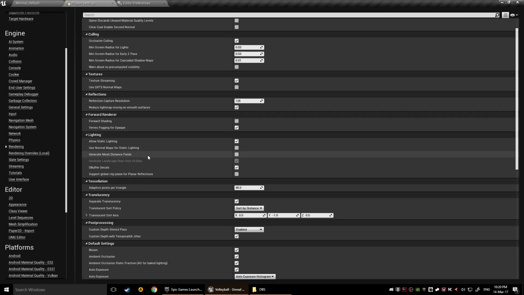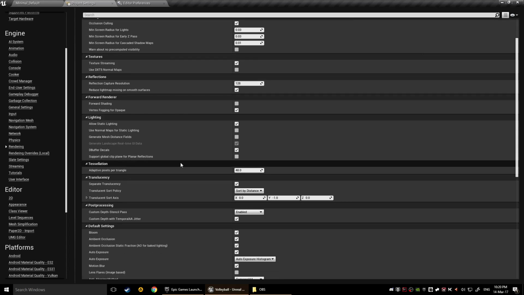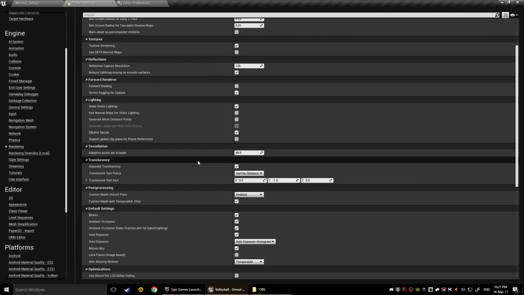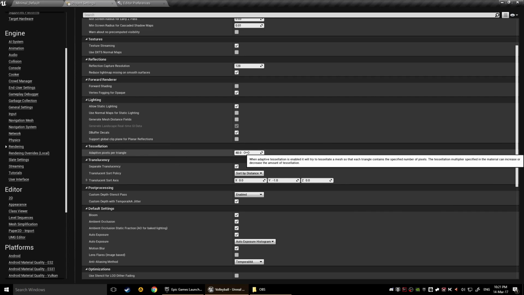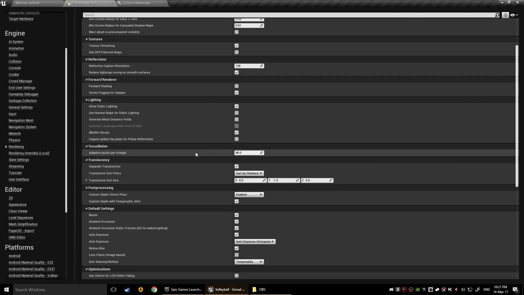The mesh distance fields, I'm not sure what that is for. Like I said, most of these settings are very specialized anyway. This is good. This is basically your level of details, so to speak. So you can always play around with this number to see what's better for your game